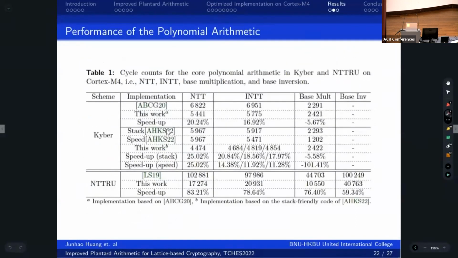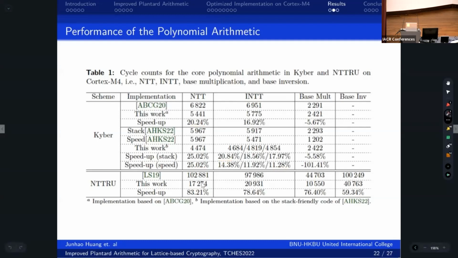And as for the results and comparisons, we integrate the improved Plantard arithmetic into two versions of Kyber implementation. First, the code from Tiebo's 2020, and then the stack version code from ACNXS 2022. And this paper showed that integrating the Plantard arithmetic into NTT and inverted NTT obtains quite good speed up compared to the Montgomery-based implementations, over 20 to 25% speed up for NTT and 11 to 20% speed up for inverted